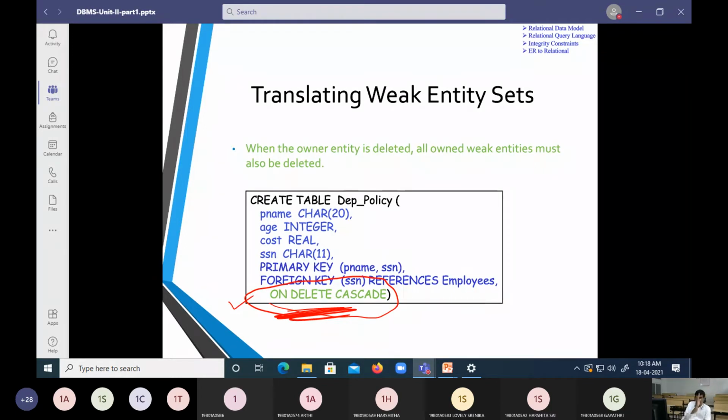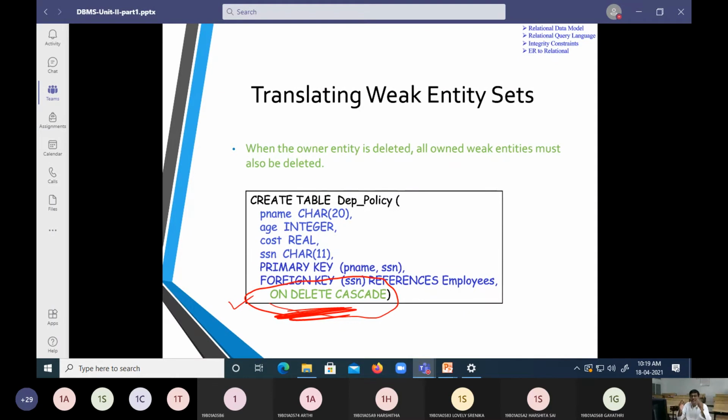If the person is an employee of this college, then his policy benefits can be enjoyed by his spouse and his children. If the person is no more working in this college, obviously the policy benefits will not be given to the employee's dependents, his wife and his children. That means as long as an employee is there, they should get the benefit. If the employee is not there, they should not get it.